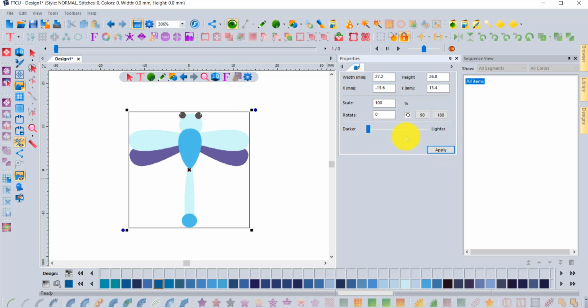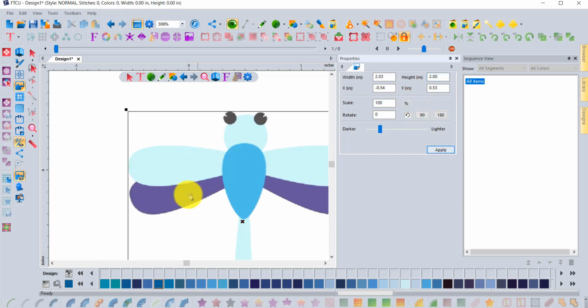As you can see, you can dim your backdrop. You could set it to a specific size. This is telling me in millimeters here. If I want to do it in inches, I need to right click on my rulers and change that to inches, and then these numbers will be in inches. If you want this to be specifically 2 inches tall, you can click apply